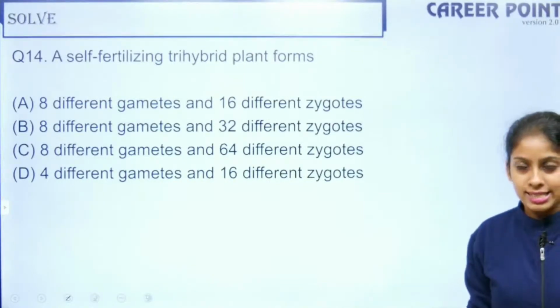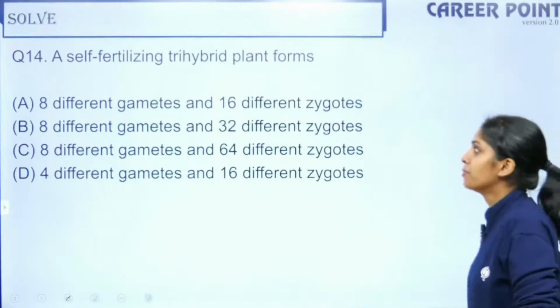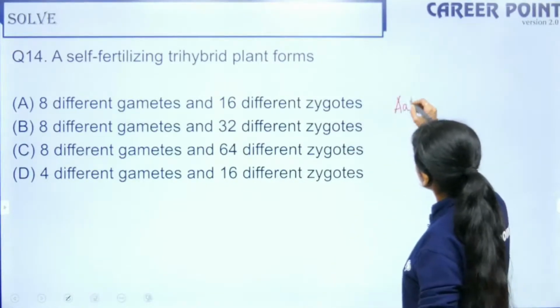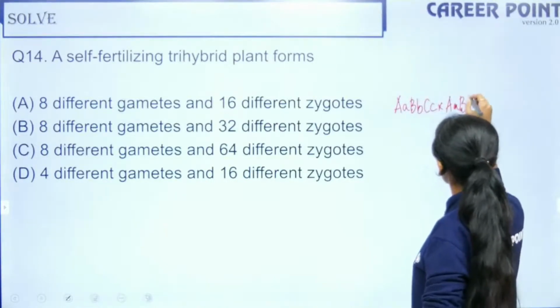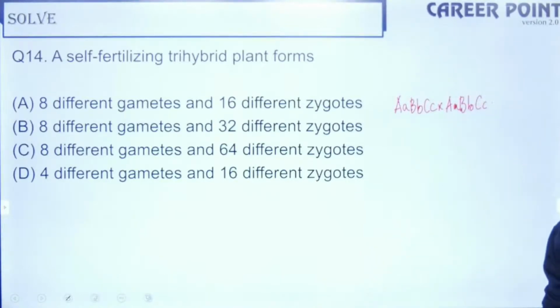Yes, question 14. Self-fertilizing, meaning selfing, of a trihybrid plant forms...